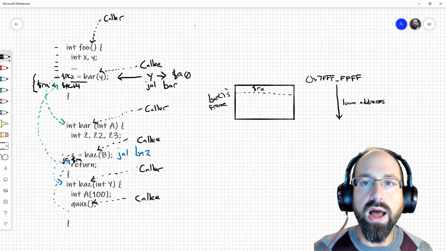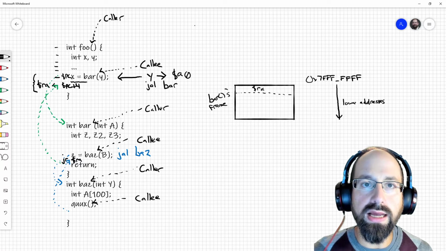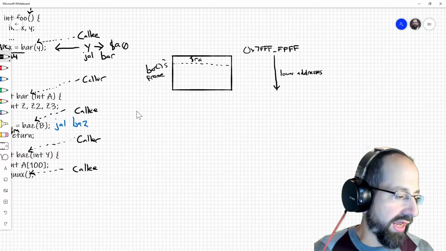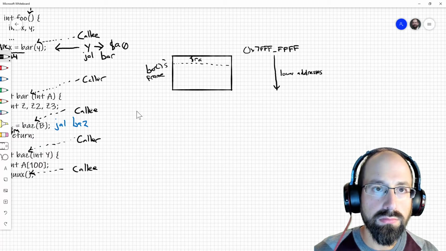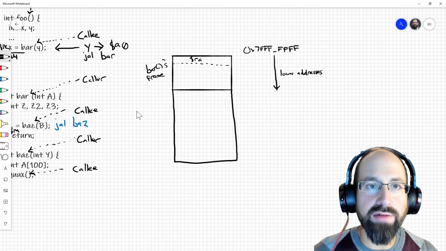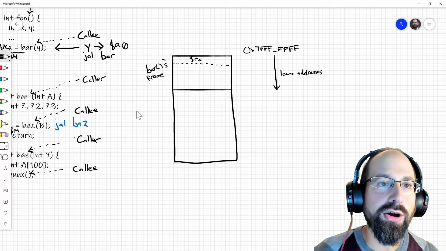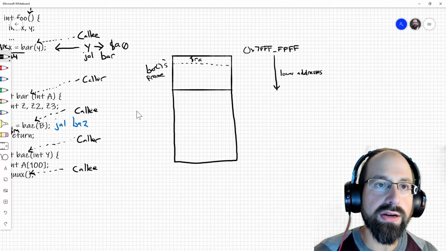Try that again. Because baz is going to need a little bit more stack frame than what bar would have here. We don't have all the details of what's happening in that code, but we do know that at the very least,